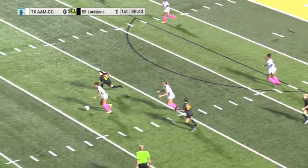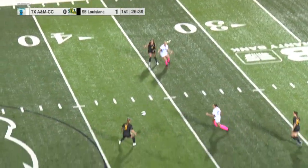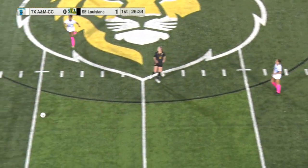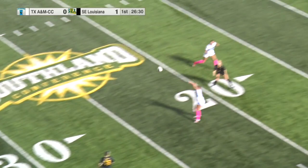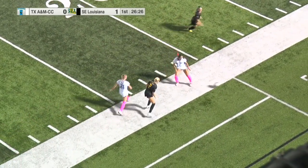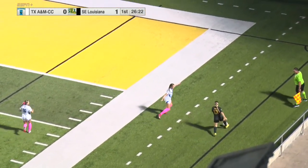Cutting it inside, and two Southeastern players kind of got caught on the ball there, too close to one another, but Houston will come away with it and they'll reset. Yeah, it was great work there, I think, from Massengill on the right wing. Initially just did one of the old moves that I used to be able to do when I could run. But just going around the defender there,